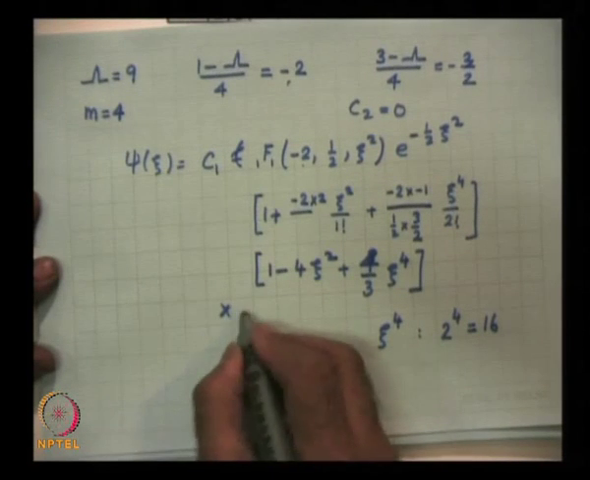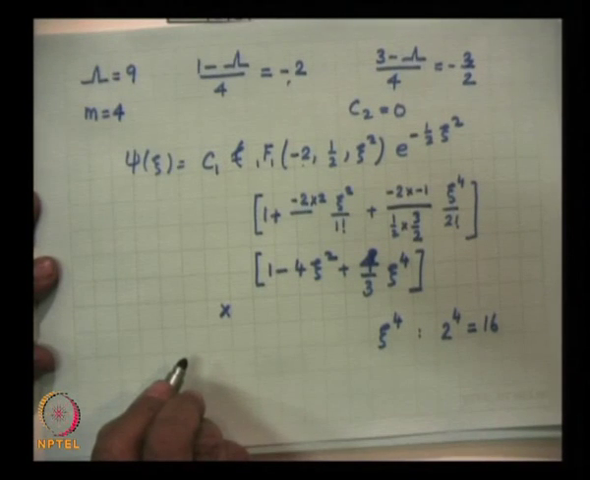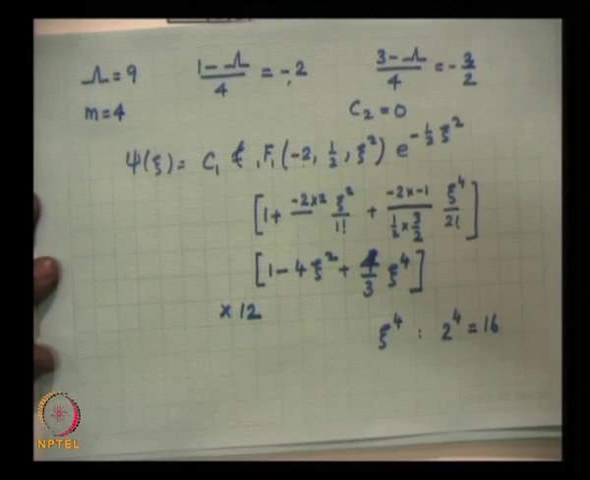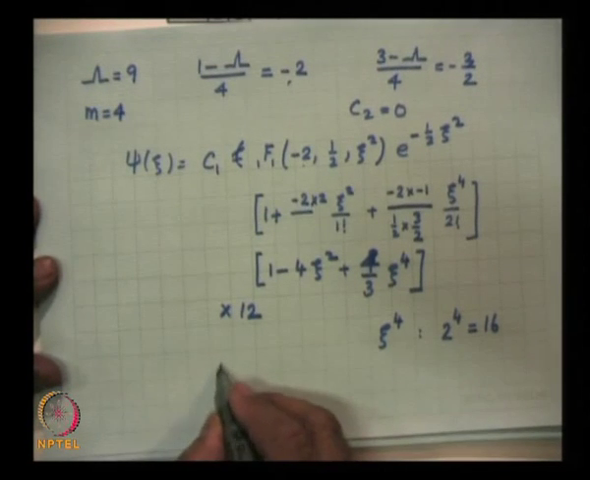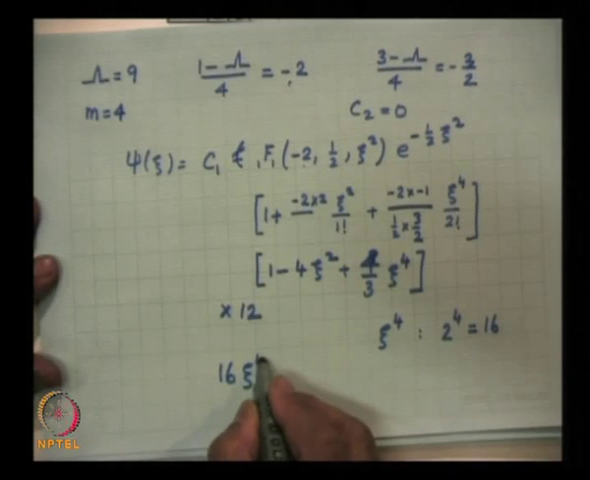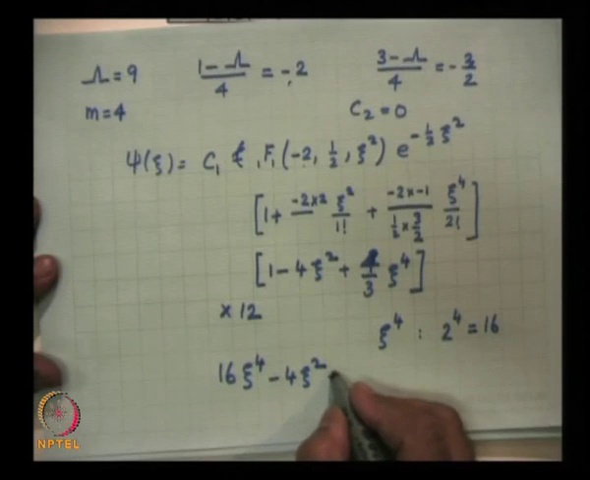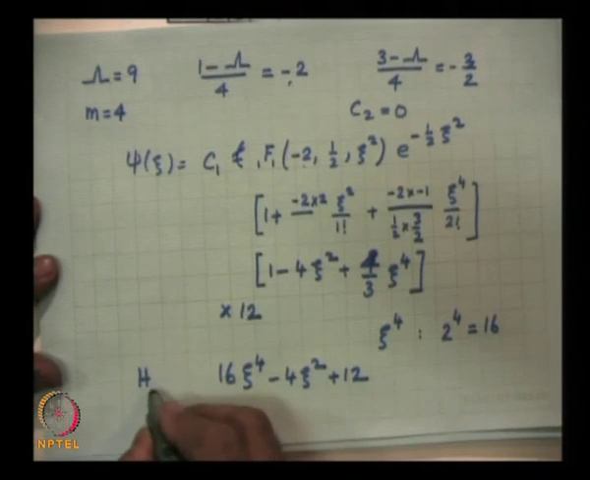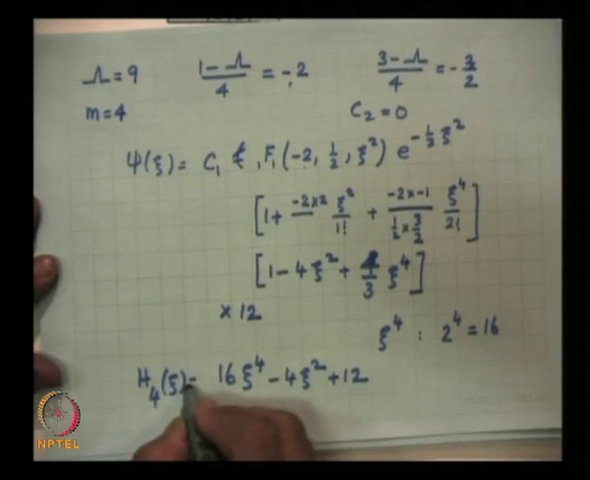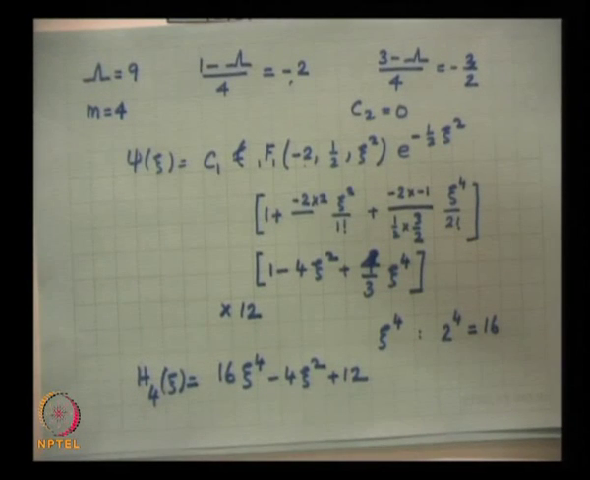So, I multiply the whole thing by 12. If I multiply by 12, I will get 16 xi 4 minus 48 xi square plus 12, H 4 of xi. In fact, you ask me to evaluate any Hermite polynomial unless it is too big. I know the fact that in any Hermite polynomial there are either even powers or odd powers,